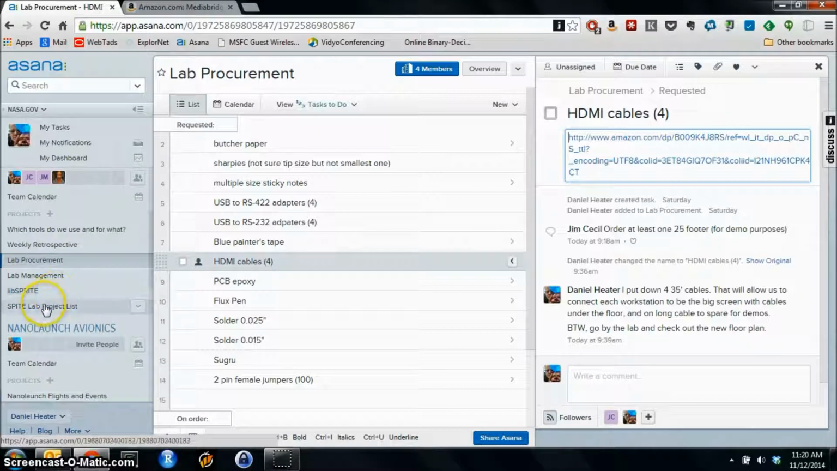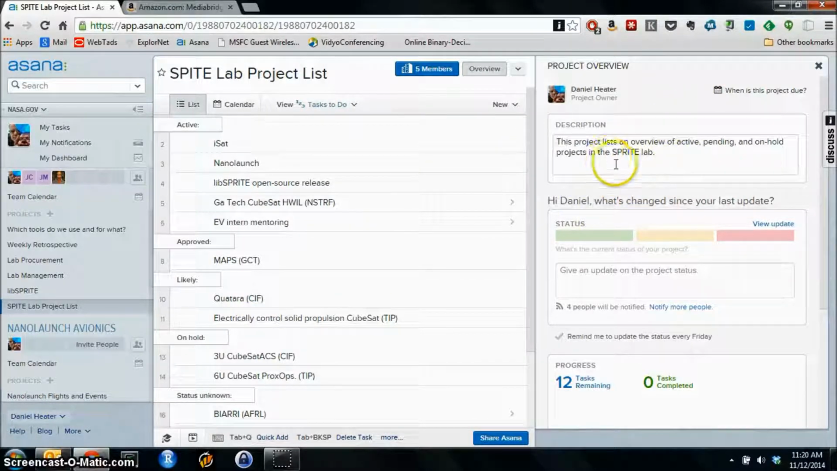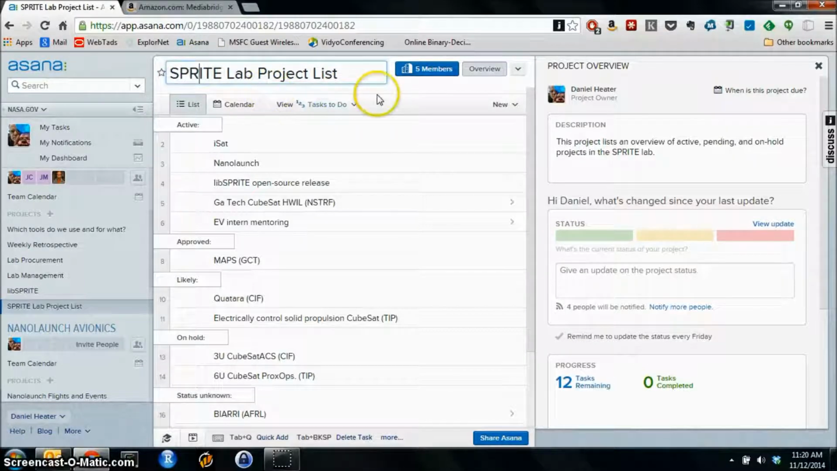There's lots of other use cases. For example, I keep a list of active projects that are approved, likely to be approved, ones that are on hold, ones that we don't know the status of. So you can create any kind of list you want, divide them up in sections, and keep all kinds of notes over here, or have conversations with your teammates about those things. It's very easy to edit, and fix a typo as well. So that's my quick introduction to Asana. It went a little longer than I